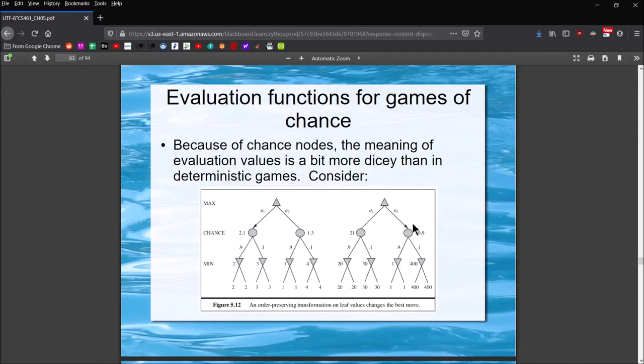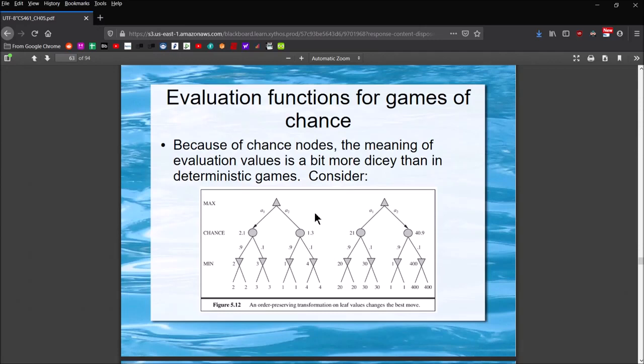And similarly over on the right hand side here, scenario B, I guess you could say. The expected value of taking action 1 is only 21, which is derived from the 90% chance of getting to the 20 position, or the 10% chance of getting to the 30 position. For A2, there's an expected value of 40.9, which again is derived from the 90% chance of hitting the 1 value position, as opposed to the 10% chance of hitting the 400 value position. Okay, so what's Max going to choose?